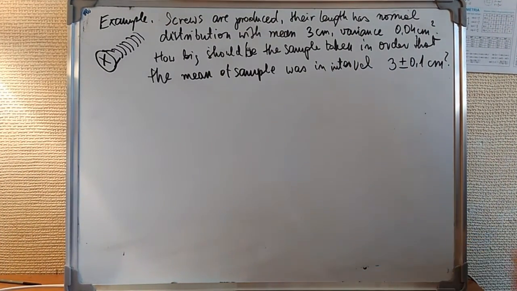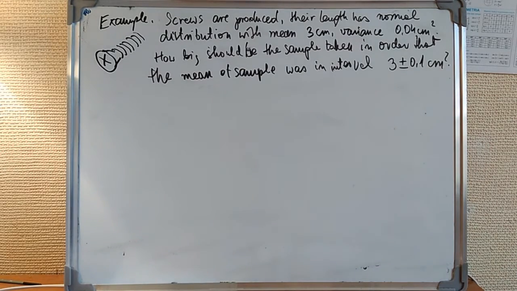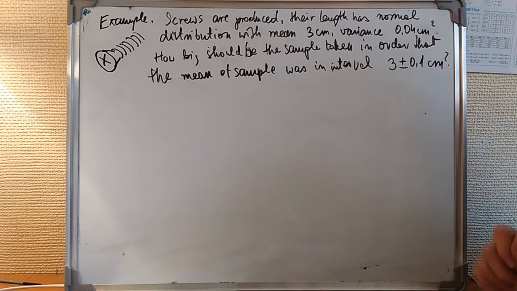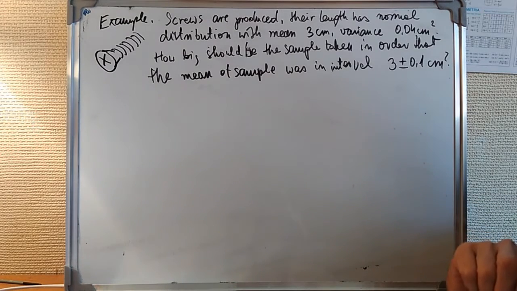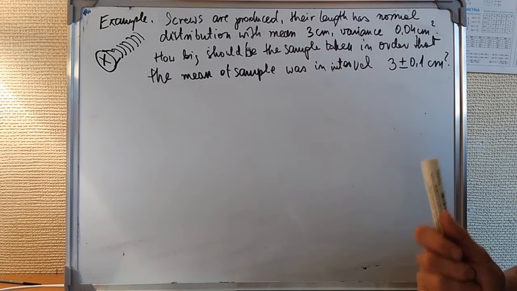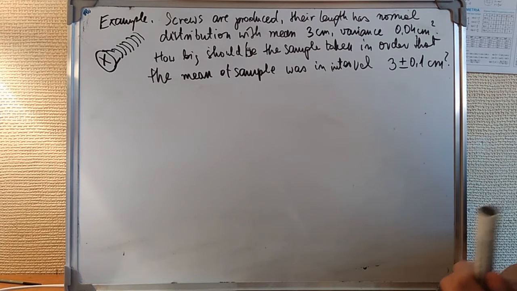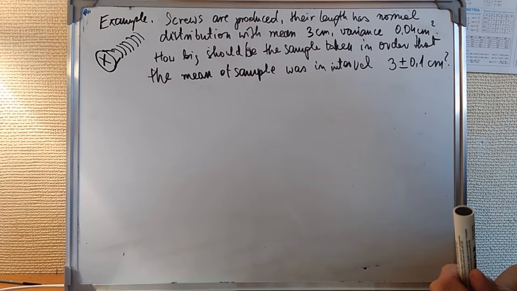So now you have the following example. We are producing screws. Their length has normal distribution with mean 3 centimeters and variance 0.04 centimeters squared. Now, the question is, we are to take a sample, so a number of screws. How big should the sample be in order that the mean of the sample is in the interval 3 plus minus 0.1